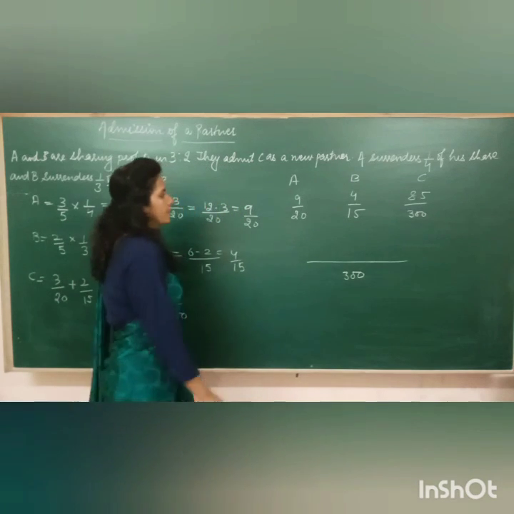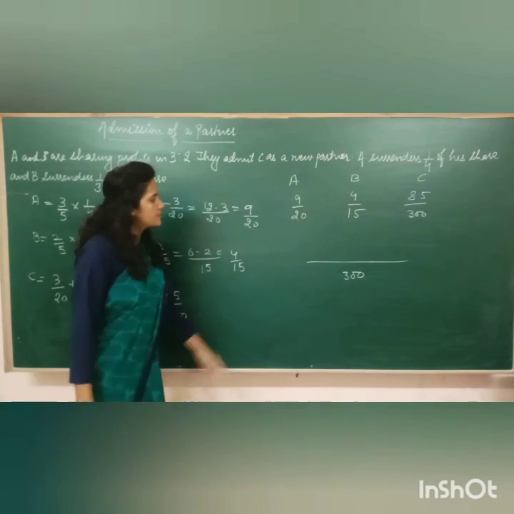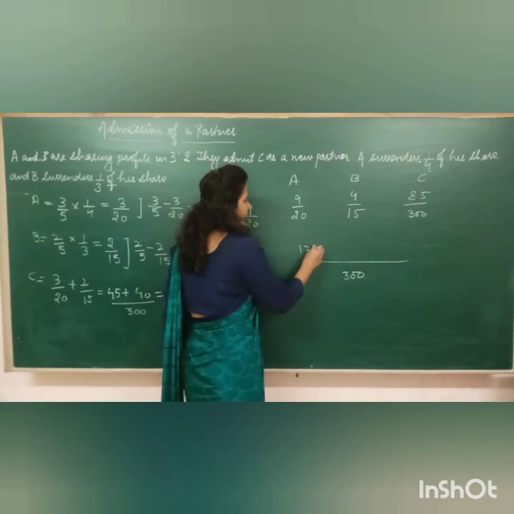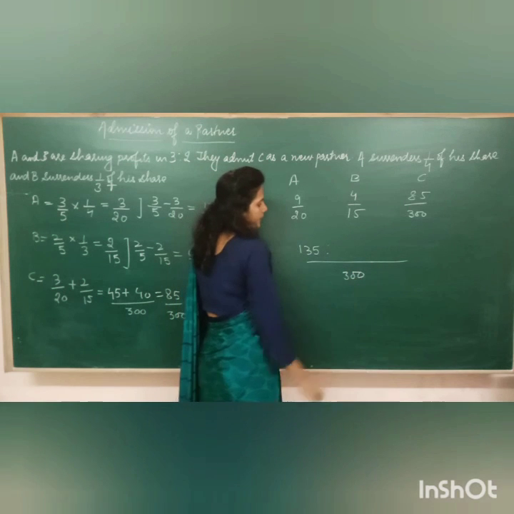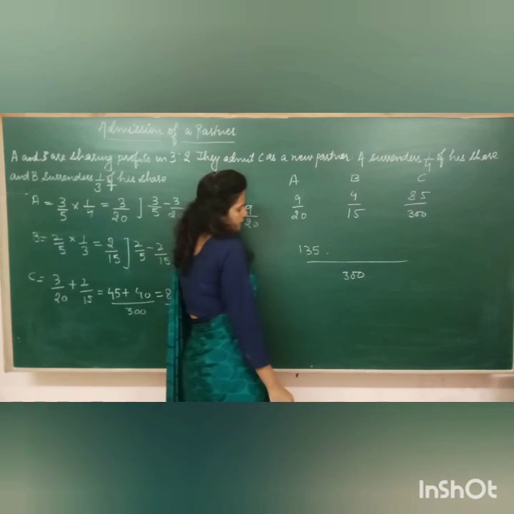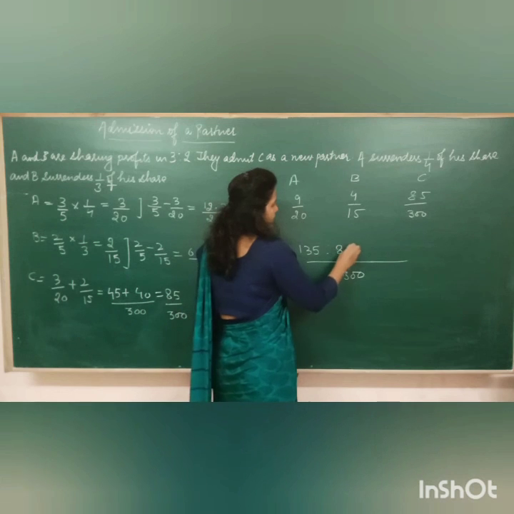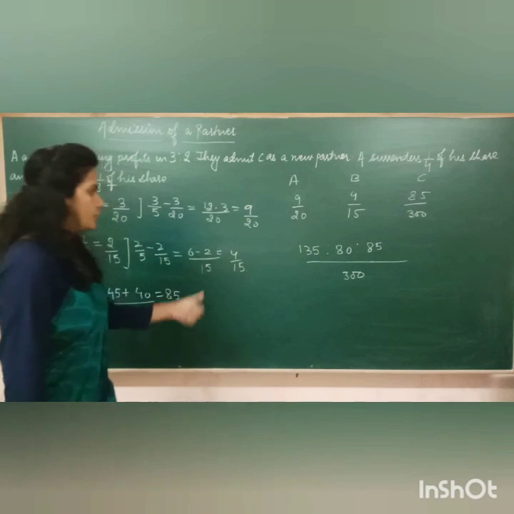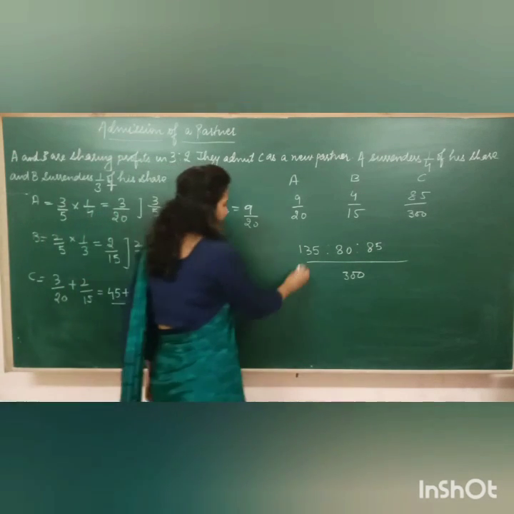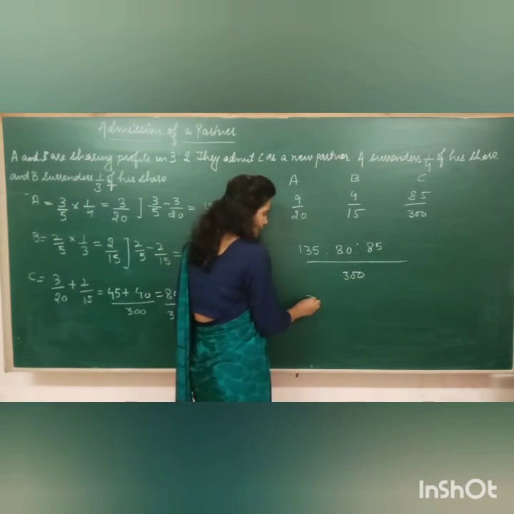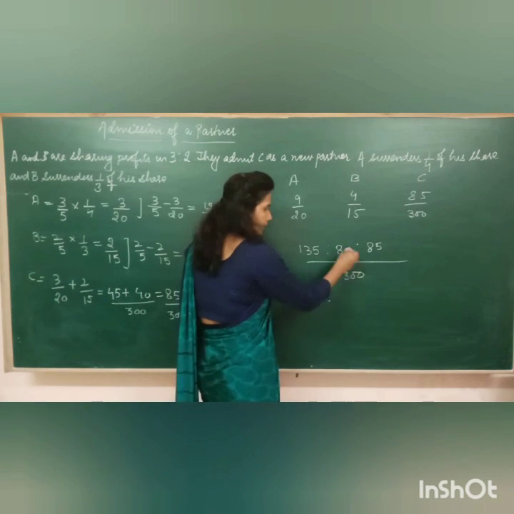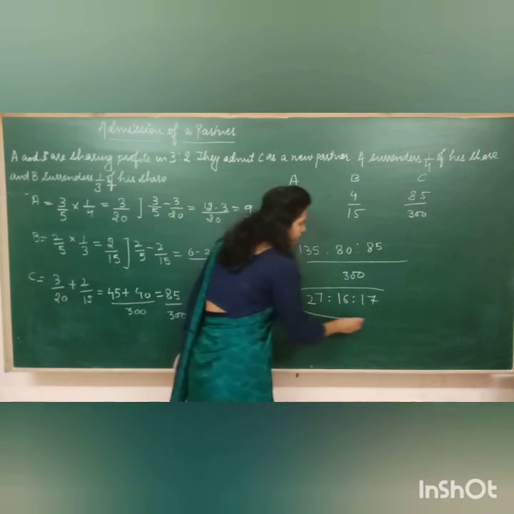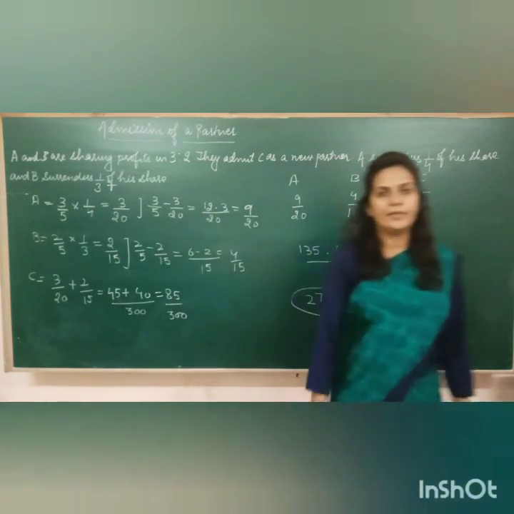It will be, you may check, 15 and then 15 nines is 135. That way here it comes to 20 and 24s are 80. Here it comes to 85, right? So now you may even simplify them. How? 5 2s are 10, 5 7s are 35. Then here also it is 16 and 17. So this becomes the new profit sharing ratio of A, B and C.